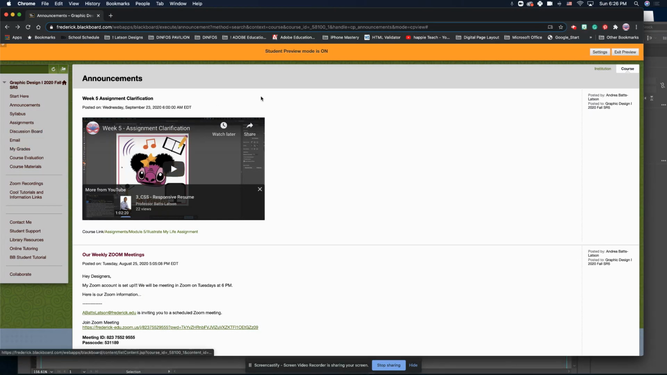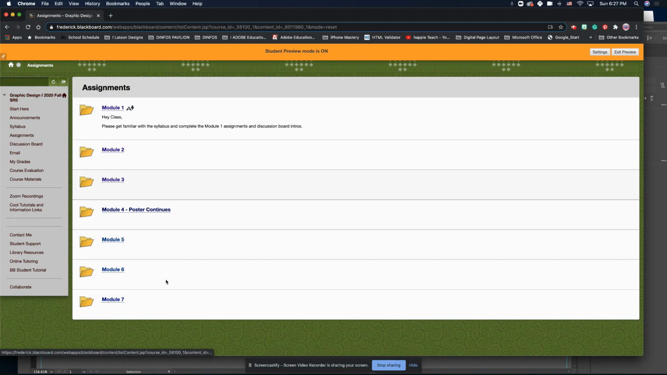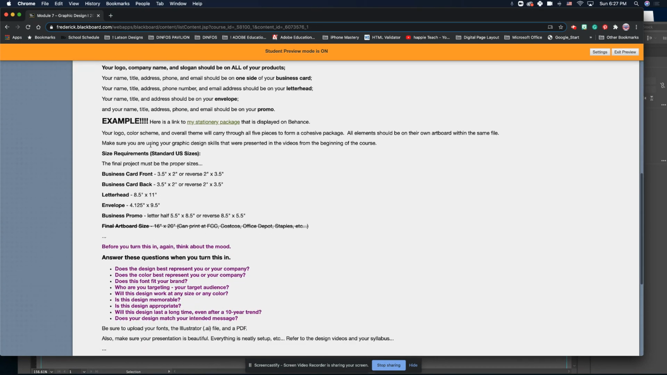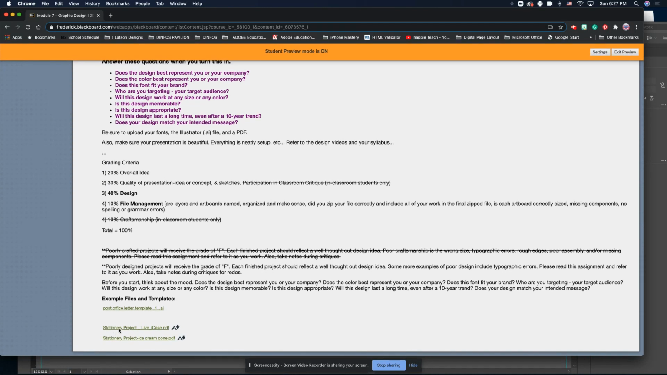All right, so I'm in Blackboard. I made sure that I'm in student mode so that you'll see it like I see it. Again, the only thing you won't have is this yellow or orange bar at the top. I'm going to go into assignments. I'm going to go to module 7. I'm going to go to stationery package, and I'm going to scroll all the way down to the bottom, and